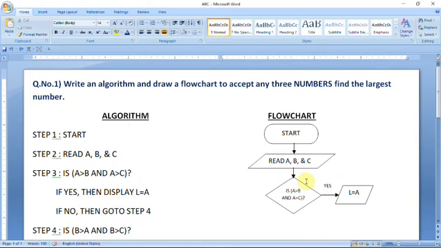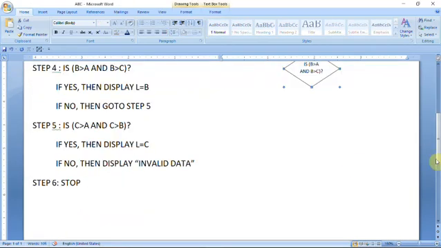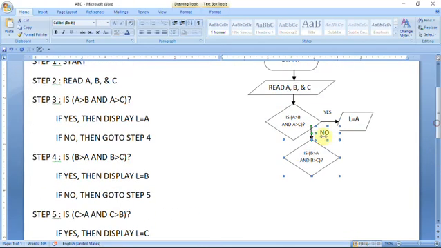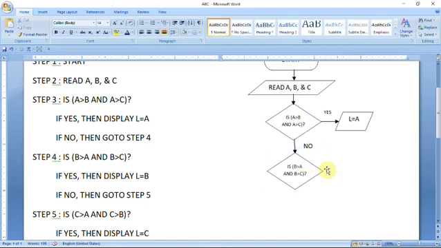Again, now here again I have written the condition. Here you can see I have written if this condition is true, then it displays L equal to A. If no, then go to step 4.